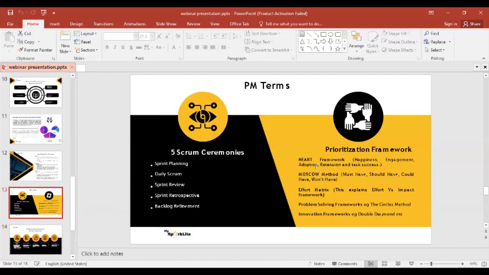Okay, so I was just explaining Scrum ceremonies. I explained sprint planning. I said sprint planning is just a stand-up meeting you will have before the main sprint event. Why is this important? Because you're trying to do what they call product backlog grooming. You're trying to groom the features, the requirements, the specifications in such a way that you are refining them so that you can put them in order of priority.